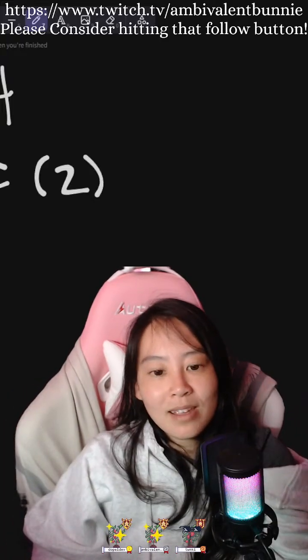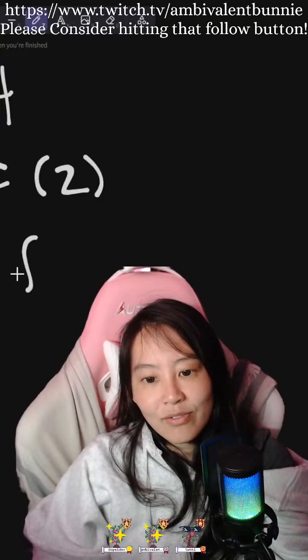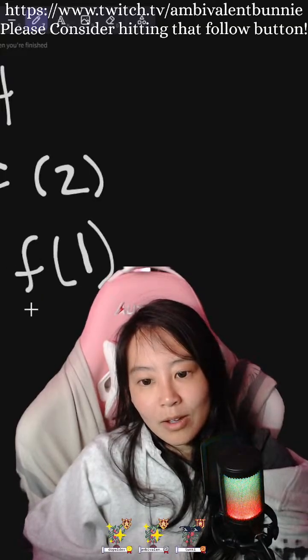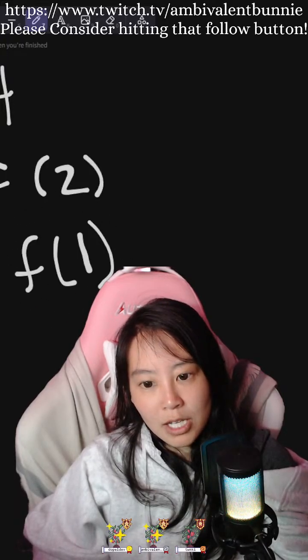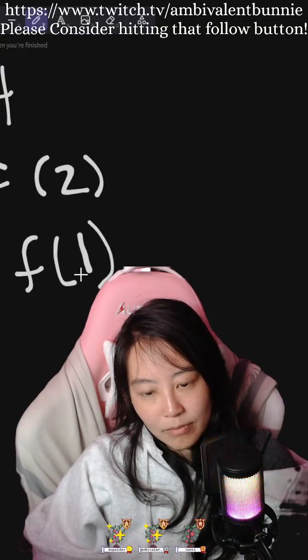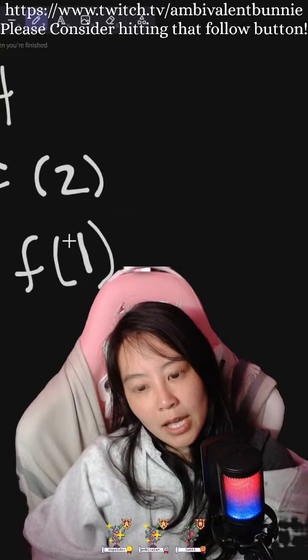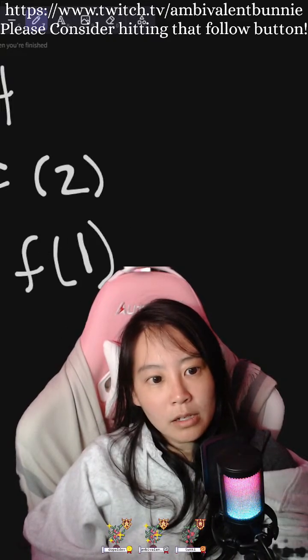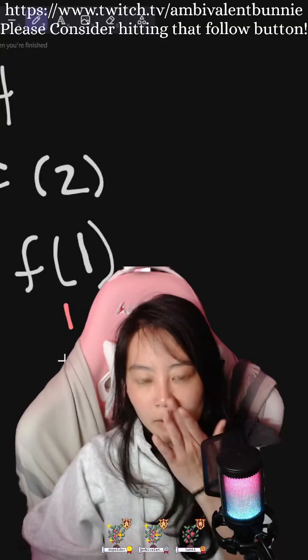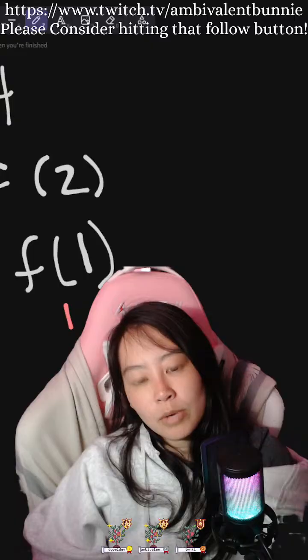So this would be fib of 2 plus fib of 1, which is returning n, which is 1, right? And we don't know what 2 is yet.